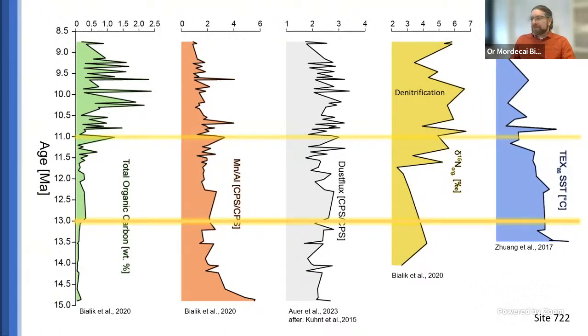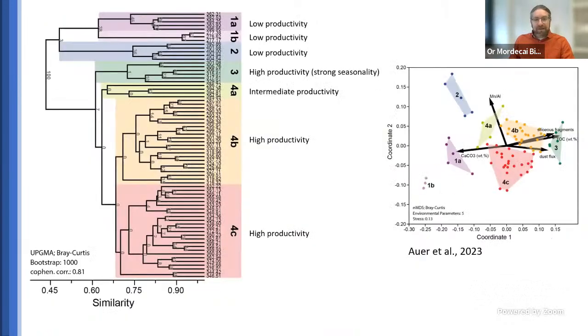But so far, these are geochemical proxies. It doesn't really tell us what's going on with productivity. For that, we need to actually look at the plankton. So I had Gerald Dauer and forced him to sit at the microscope for many, many hours and count the nannofossils, and we did assemblage work on that.